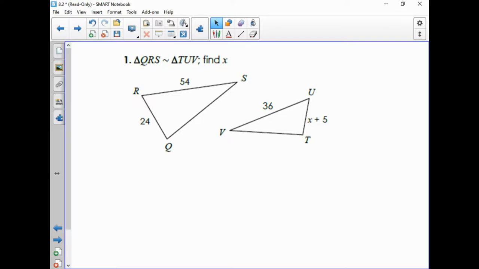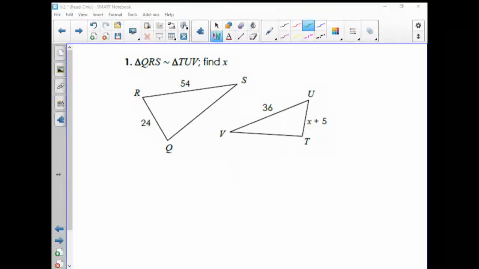All right, welcome to Similar Figures. We're now going to use what we learned in our proportions unit to help us solve for missing sides of similar figures. Now, similar figures, basically what it means, if something is similar, it just means that their sides are proportionate. So the only difference between this lesson and what you just barely did is that you have